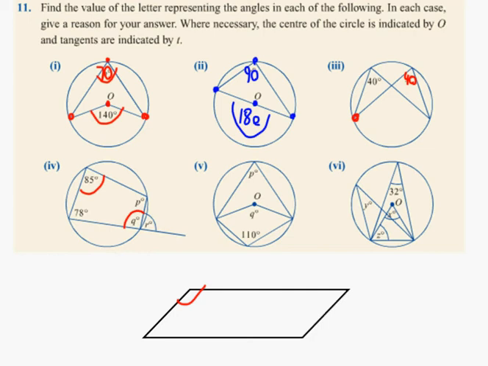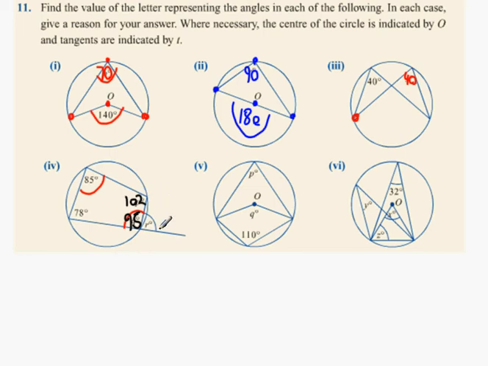So what we're looking at is that Q is going to be 95. Why is it going to be 95? Because that has to add to 85 to get you 180. And then the other one's going to be 102. Now you have a straight angle here, which will put that to be, oh sorry, 85. Are we happy with 85? Okay. Now, this one here,